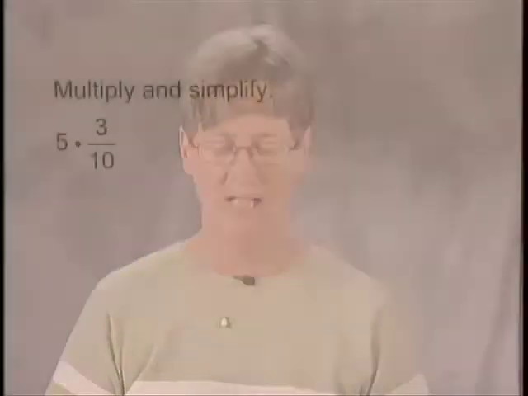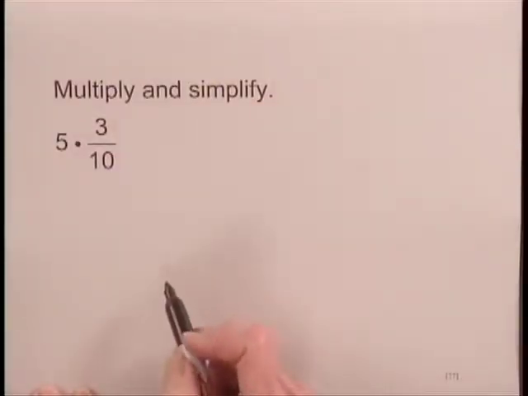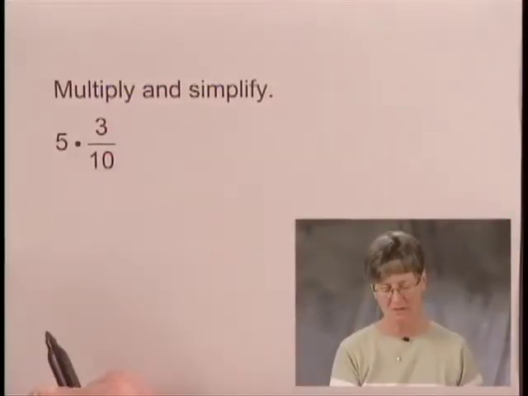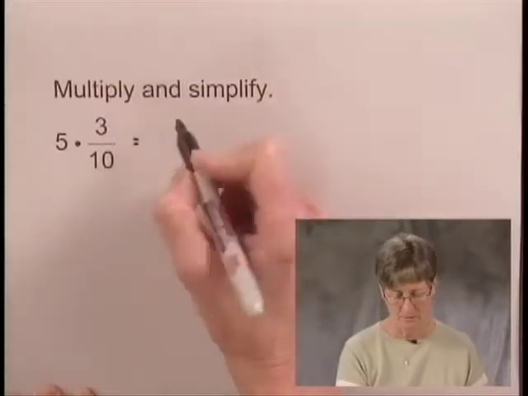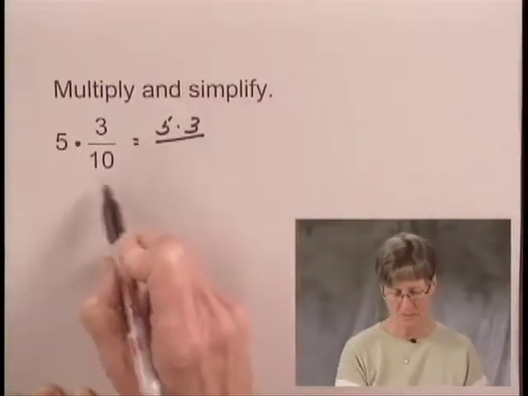We're going to find a product that involves fraction notation. We'll find 5 times 3 over 10. Now when we multiply using fraction notation, we multiply numerators and we multiply denominators, and we can think of 5 as 5 over 1. So multiplying the numerators, we'd have 5 times 3, and multiplying the denominators, we'd have 1